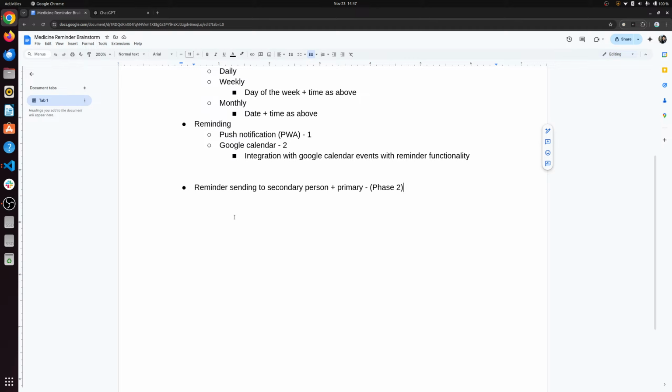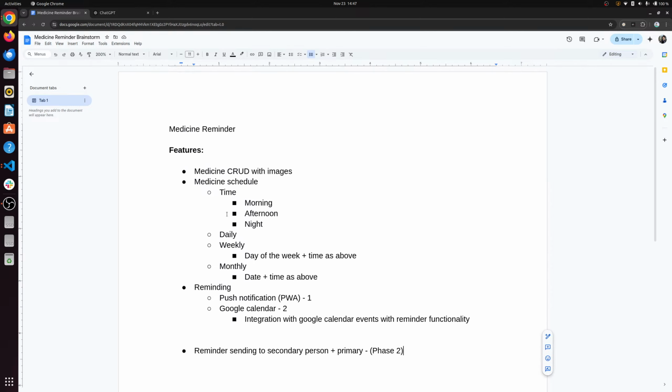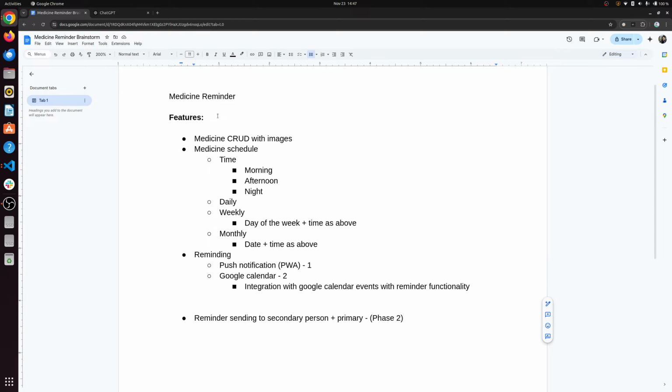Okay, so the next thing would be... I don't think we need any other feature. Profile management and all, I don't consider them as features. Medical credentials, we have already. Medical history is something we can maintain, which again, medical